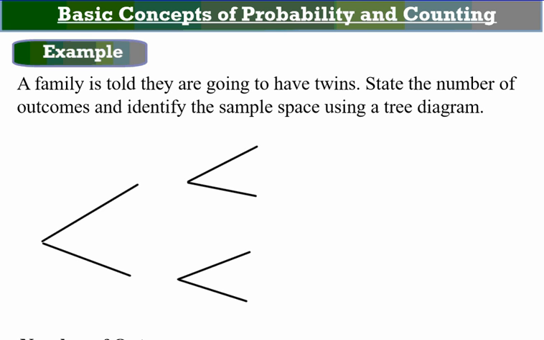In probability, we need to know all of the possible outcomes so we can see the portion of the entire set of outcomes, which we call the sample space, that verify our original condition.